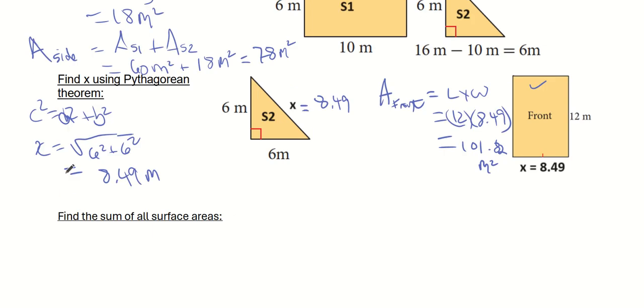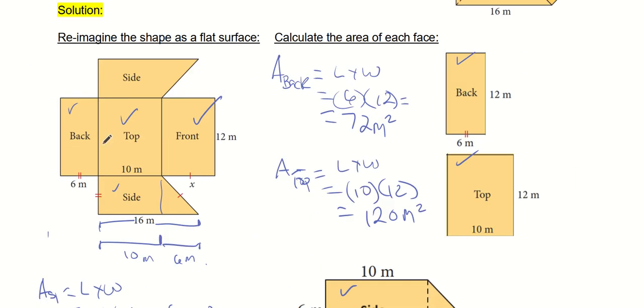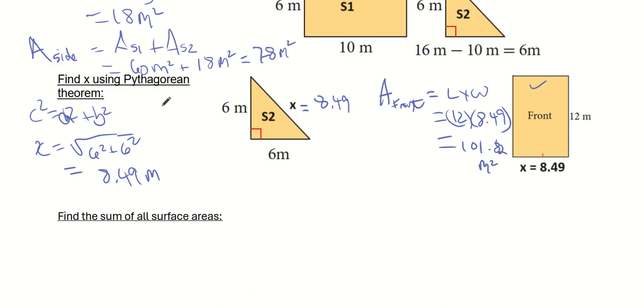Now we just have to find the sum of all the surfaces. And keep in mind that this side here, there's two sides, so we're going to have to use that twice. So I'm going to use times two. Let's call it the sum, because I would use the word sum right over here. So you use sum